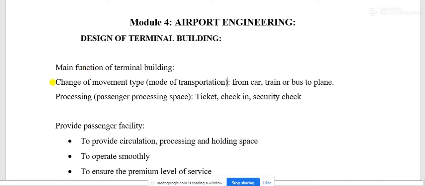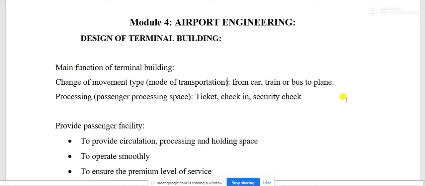So the main function is to change the mode of transportation, and the required function is all the required formalities, which are the basic need for air travel.